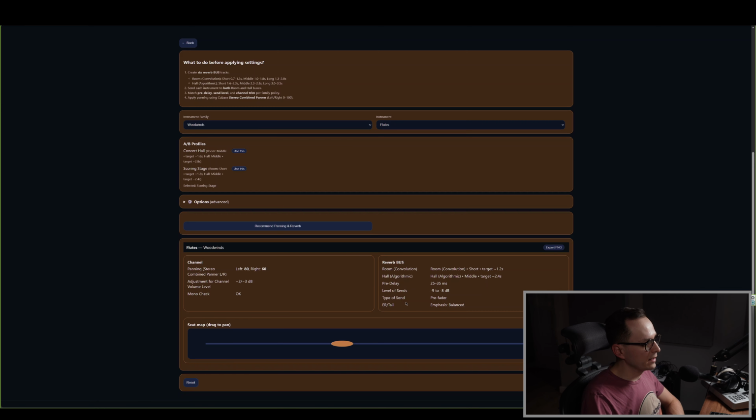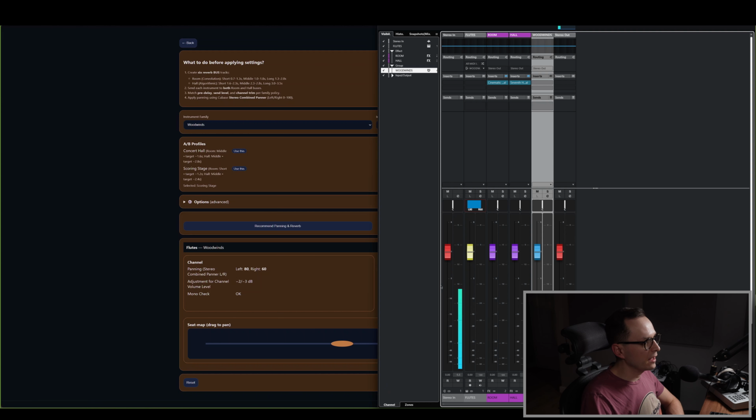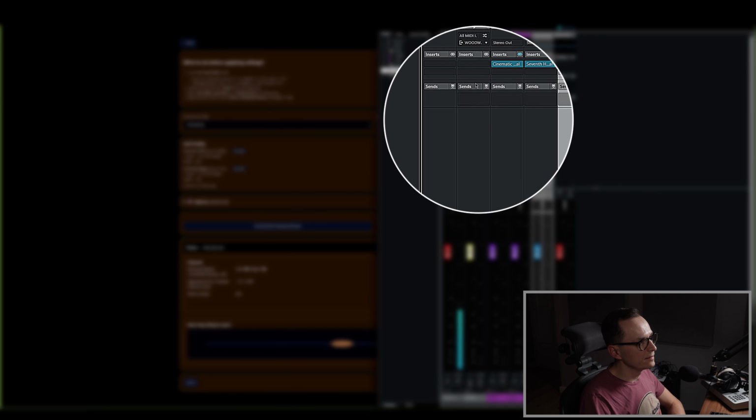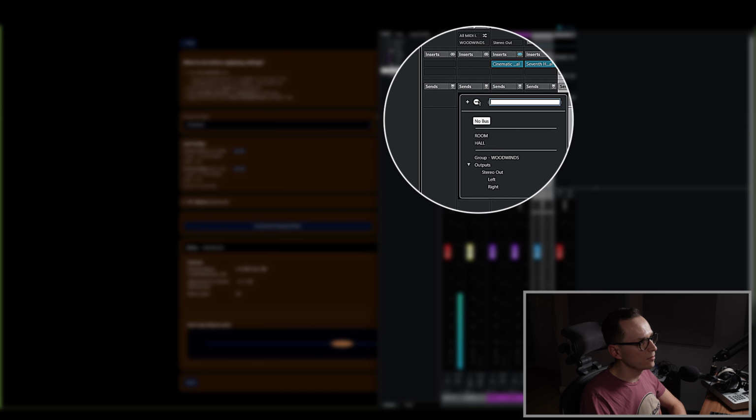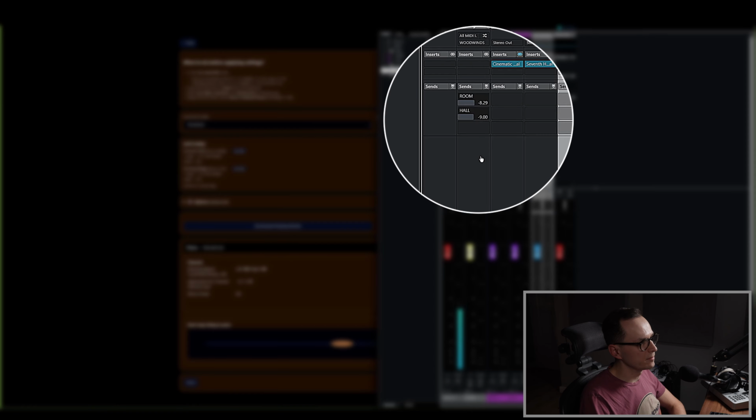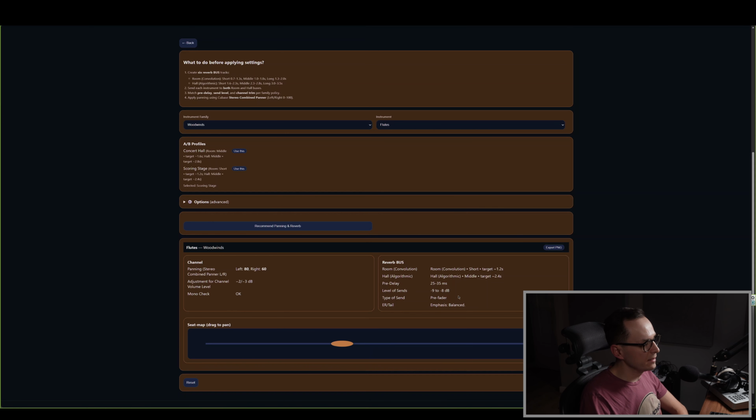So let's jump again to Cubase. As you can see, in our flutes channel, we have this send. And here we should choose the place where our signal from the flutes should be sent. As I said, we send it to both the room and the hall reverb. And now we can click on and set this level which was previously shown in our application. So -9